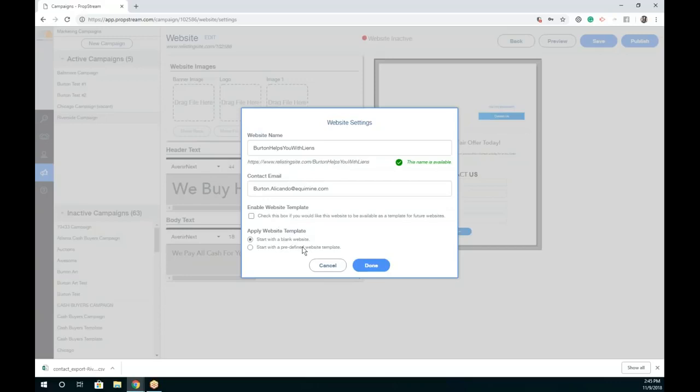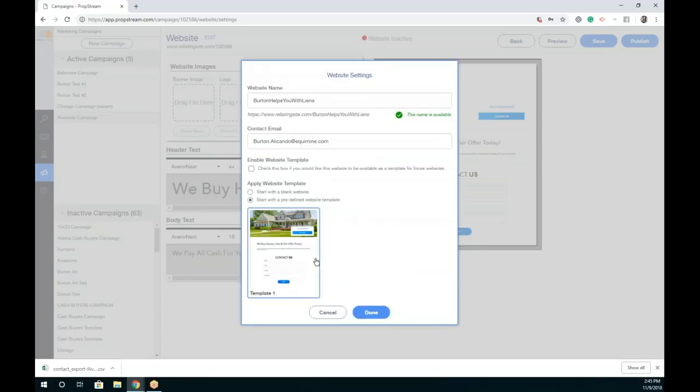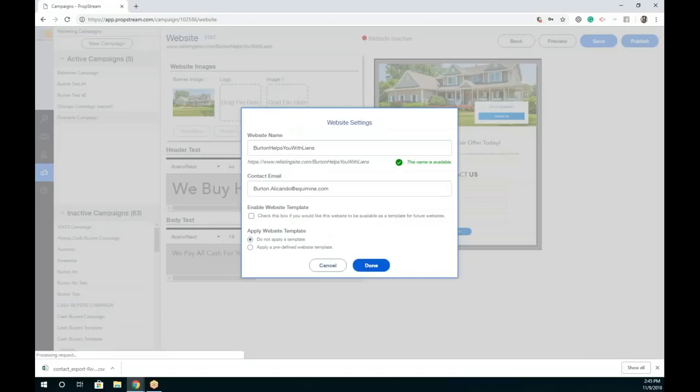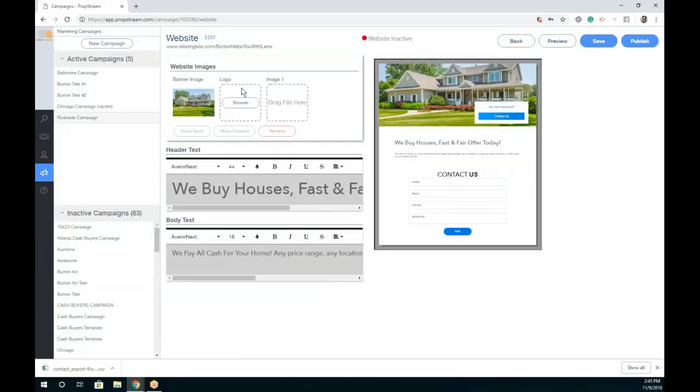And then you have two options. You can start with a blank website, or you can use one of our predefined templates. Now, the predefined template's really just giving you a banner. So as you can see, we're giving you a banner. But if you don't want to use a template, you can start with the blank one and upload your own. You can add a logo, you can add some images to this website, and then the header text and the body text. So instead of "we buy houses,"